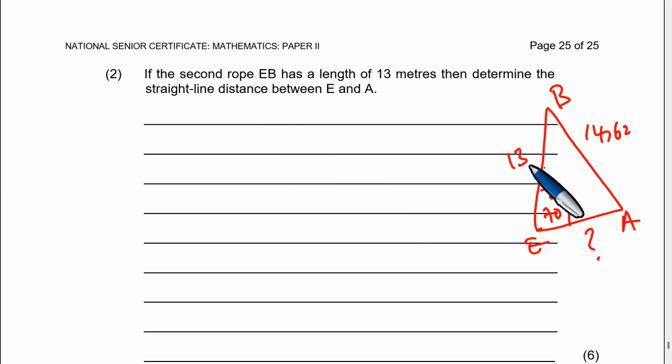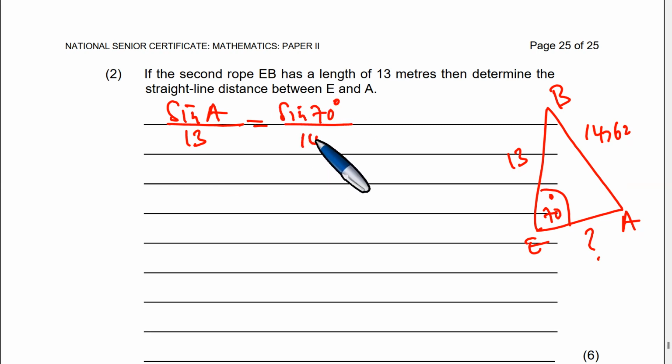You want to find the angle B. We need to find A first for us to get B. So we shall say the sine of A divided by 13 is equal to the sine of 70 divided by 14.62,